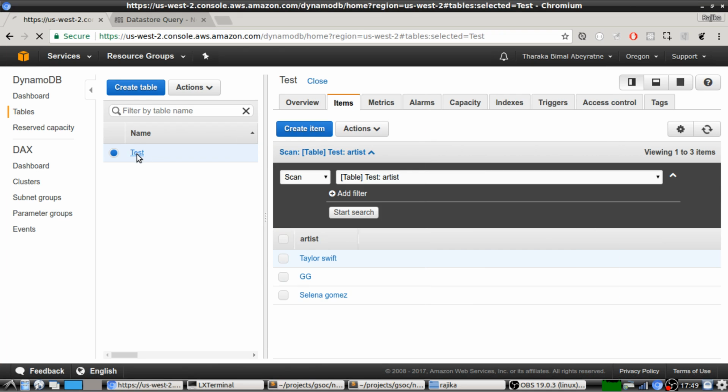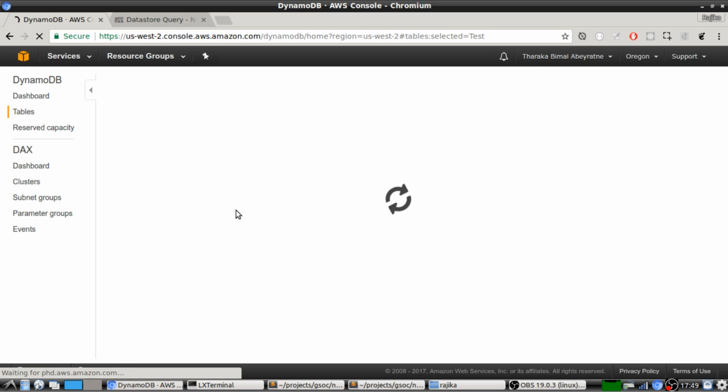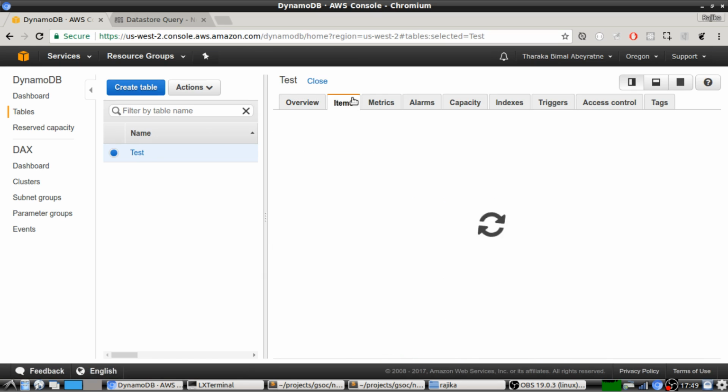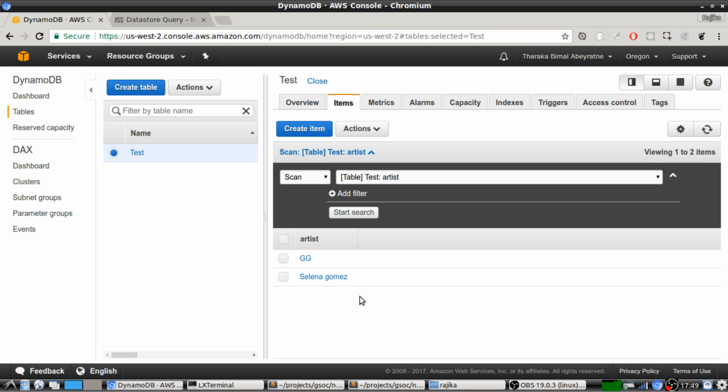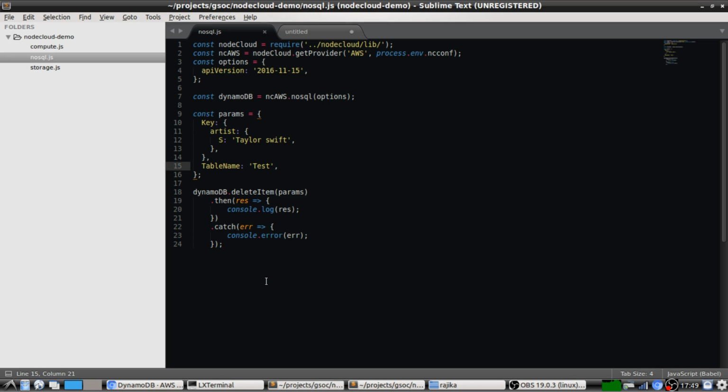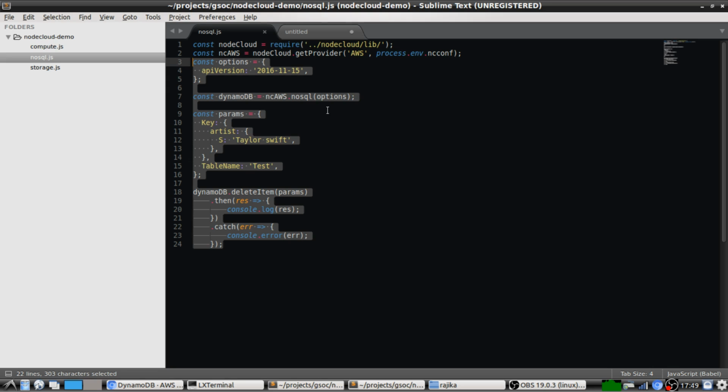So we will see after refreshing whether it has deleted our artist from the test table. We will move on to items, and as you can see, it has deleted our artist from the test table. So that's how you can interact with AWS APIs using NodeCloud, and you can import the DynamoDB APIs using the NoSQL API. And now we'll move on to the Google Cloud